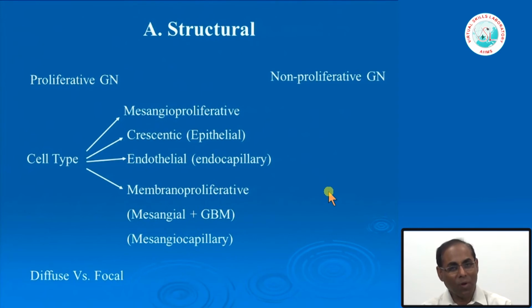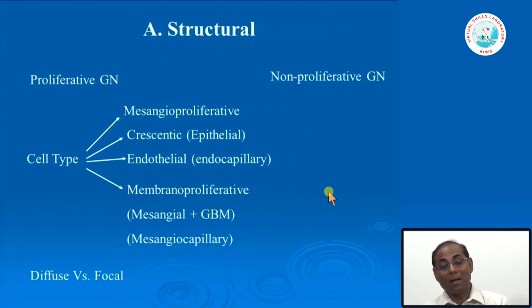But here there is a little bit of caution. When there is proliferation of the endothelial cells in a solid looking glomerulus, it is very difficult to differentiate between endothelial cells and mesangial cells. So when we use the word endocapillary cell proliferation, mostly we indicate endothelial cells, but there may also be some amount of mesangial cell proliferation. Endocapillary proliferation is mostly in a situation when you do not see any glomerular capillary lumen, they are all filled, bloodless glomeruli, indicating definitely there is endothelial cell proliferation.